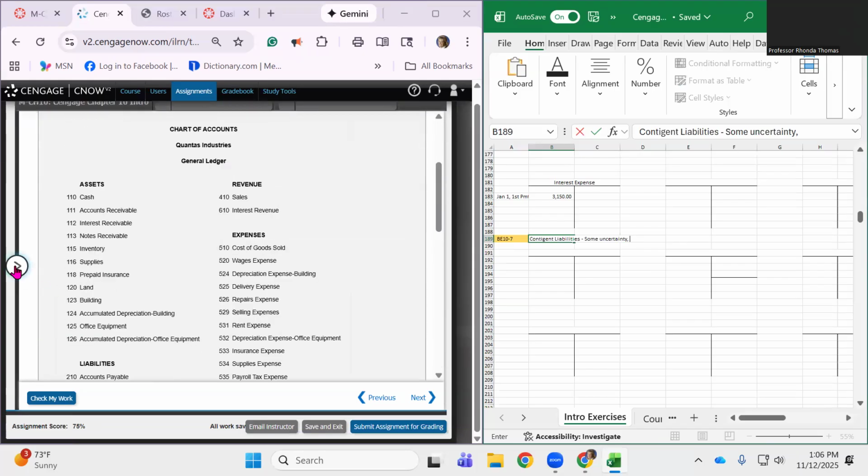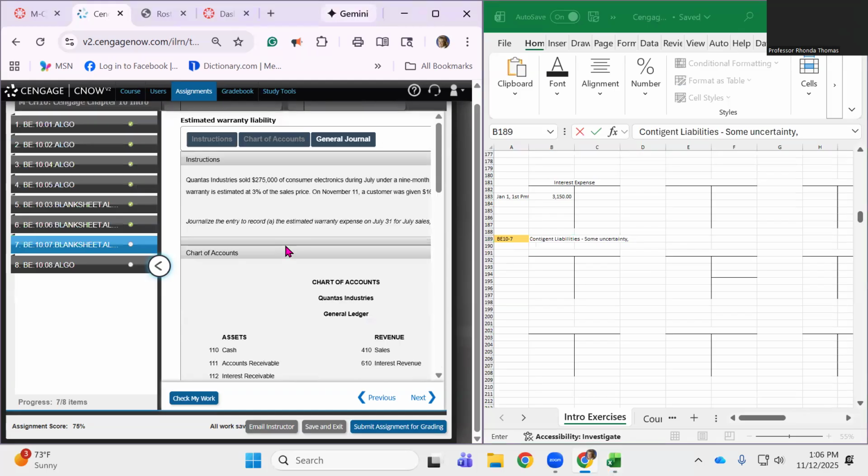So once again, this is going to be an estimated warranty liability. Contingent liability has some uncertainty. They're usually estimates, and this is for